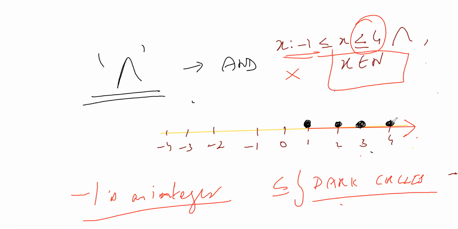So the main learning from this question is what? X belongs to N, natural number, which means we are eliminating this part. In maths, we have to be very clear about reading the questions and understanding them. We are not here only for the marks, but we are here to understand. Natural number starts with 1. That's it. As simple as this. So are you guys clear now in this question?